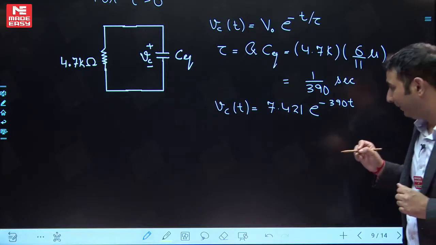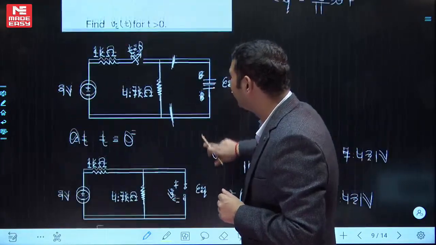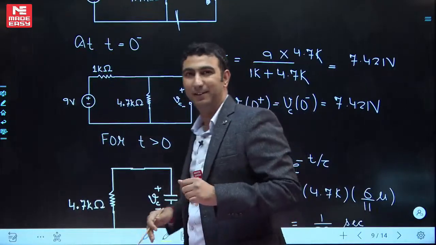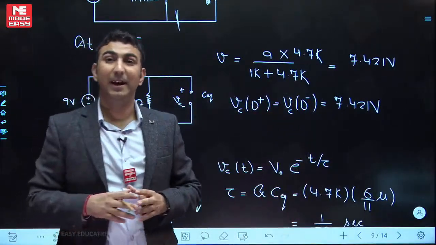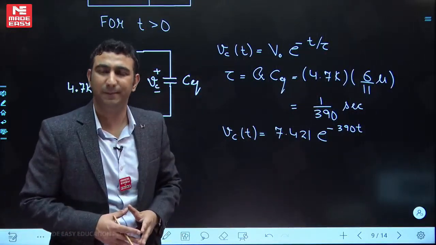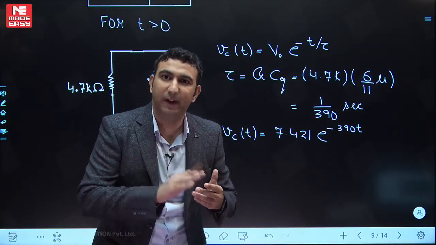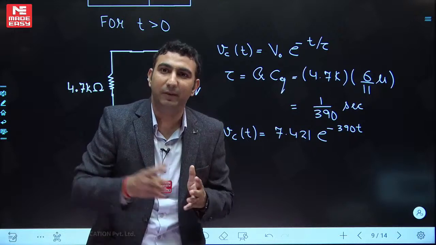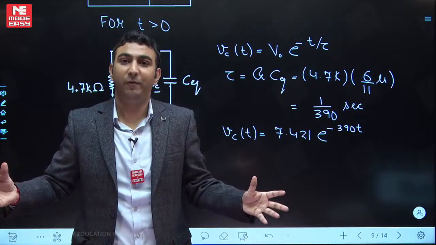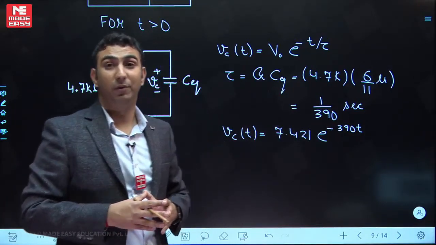Okay, but what we are interested in is calculating this. And I have seen sometimes how they frame the answer. Option A, B, C, D. The A option will be this, 7.421 e to the power minus 390 t. What happens basically, we are in so much hurry that while solving the question we forget what the main question was. We get the Vc of t value and we think that's what we were solving. We see the option also in the exam and we get very confident that's what I wanted to calculate, and you mark option A and you move on. So please be careful what you are calculating.